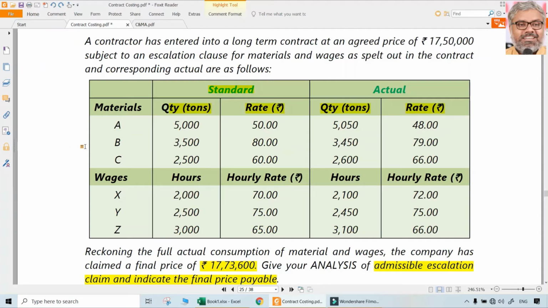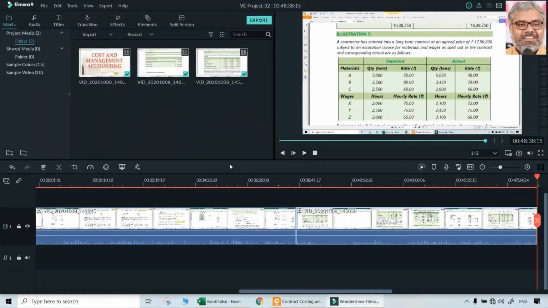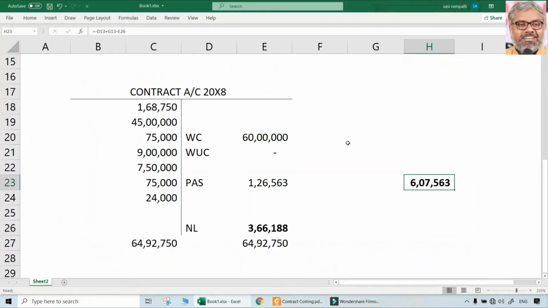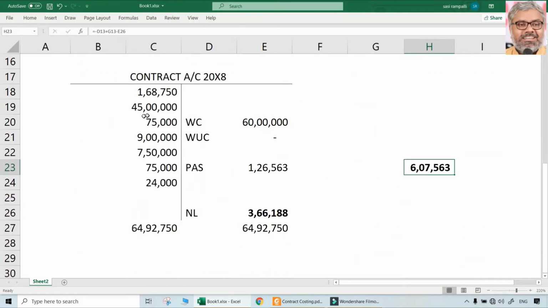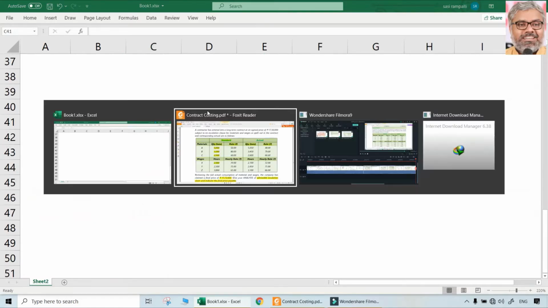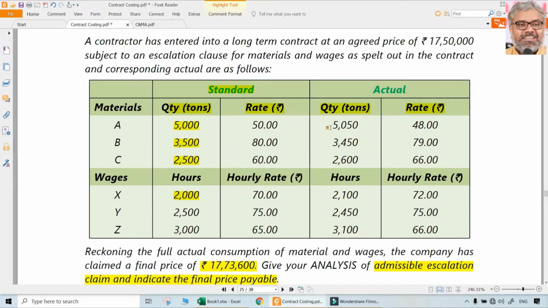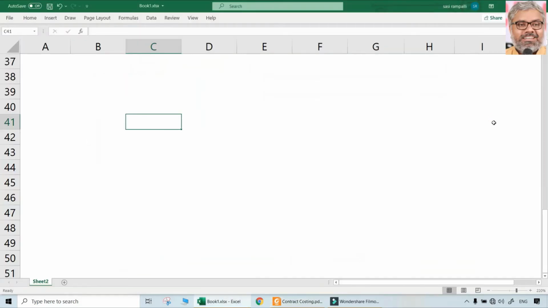So the point is, the contractor will always be paid only for the standard estimate he has done, standard quantity only, not for actual quantity. So actual quantity is actually useless in this particular scenario. It may not be really worth it, the actual quantity wise. Let us just take some of these things, what they have claimed for, actual things.